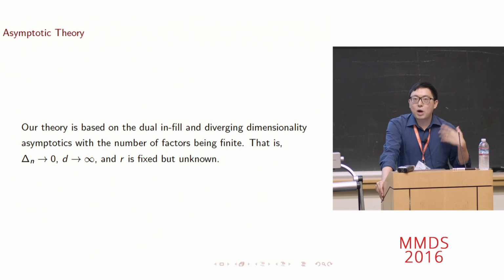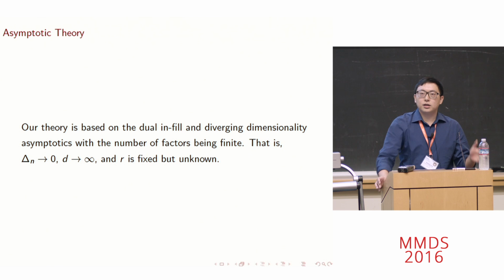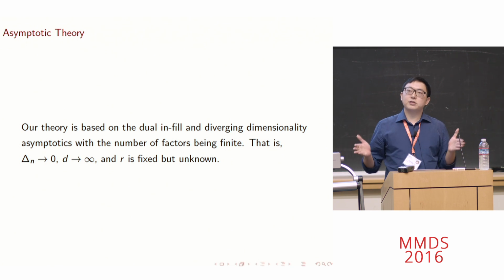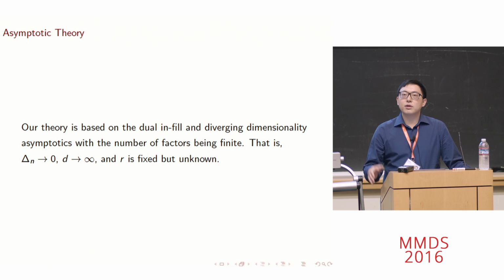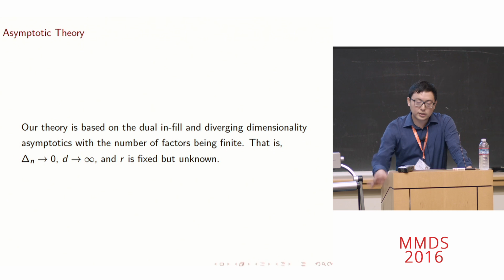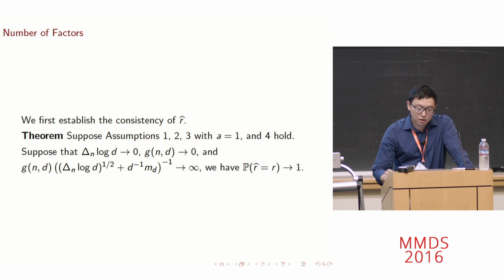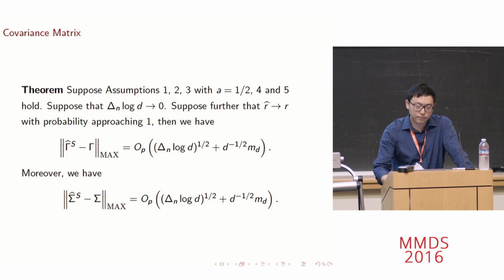The way that our sample size grows is that we sample the data within a fixed window more and more frequently. This is how we think about infill asymptotics, and this is how our sample size grows. Our sampling frequency goes to 0, and at the same time, the dimension goes to infinity. So we can certainly have some guarantees that we are able to determine the number of factors, and we also have analysis about the accuracy, the consistency of the residual covariance matrix, the covariance matrix itself.